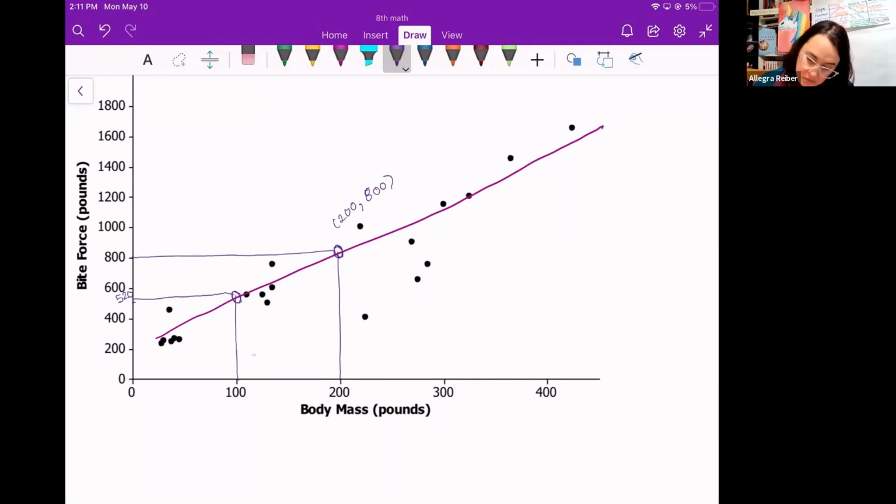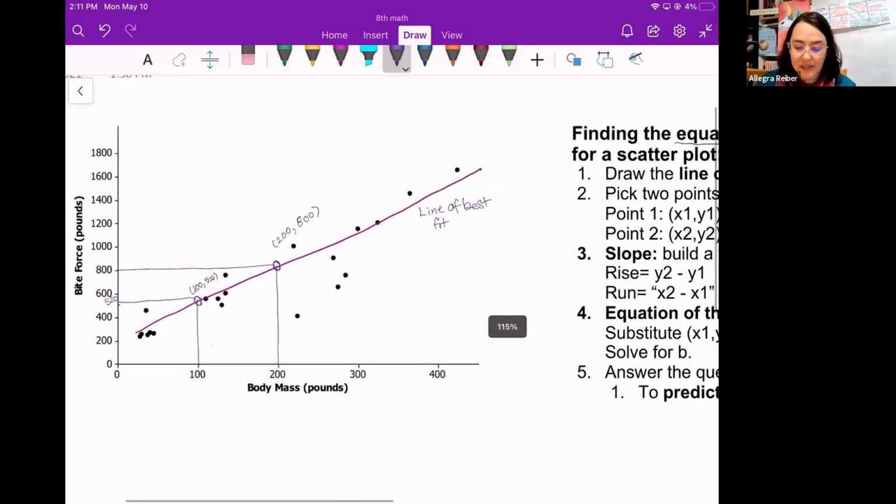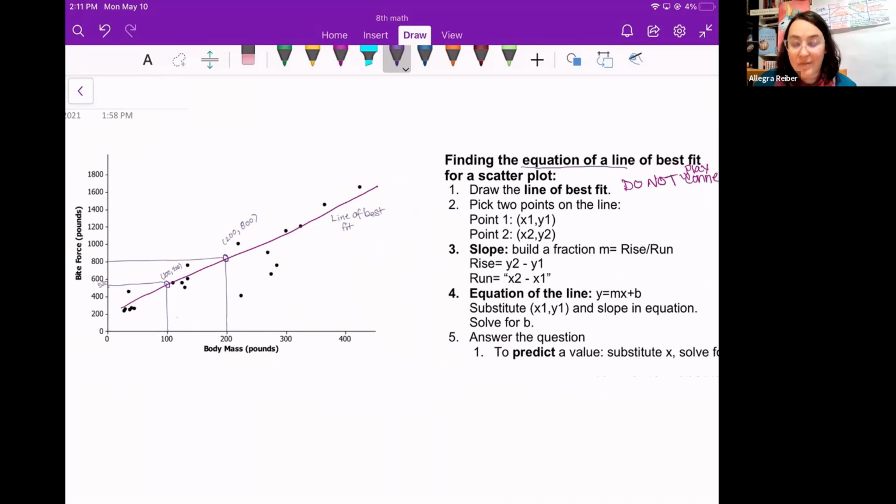Just guessing, 100, 520. So if you recall when we did this problem in class, I probably had something slightly different. Every time you're just doing the best you can. So my line of best fit is the line I drew. And if we go over to my steps now, I've drawn that line and I have picked 2 points on